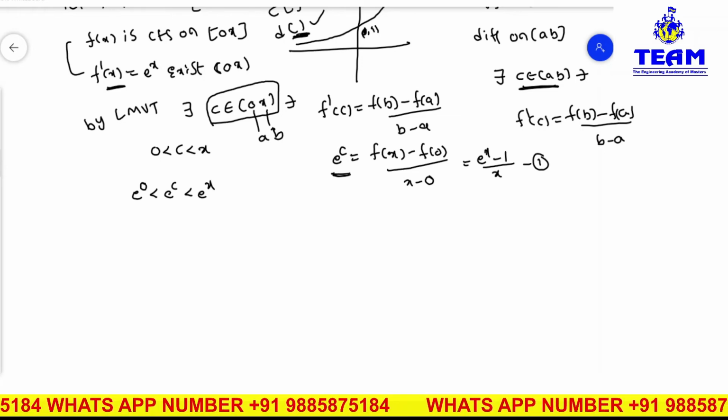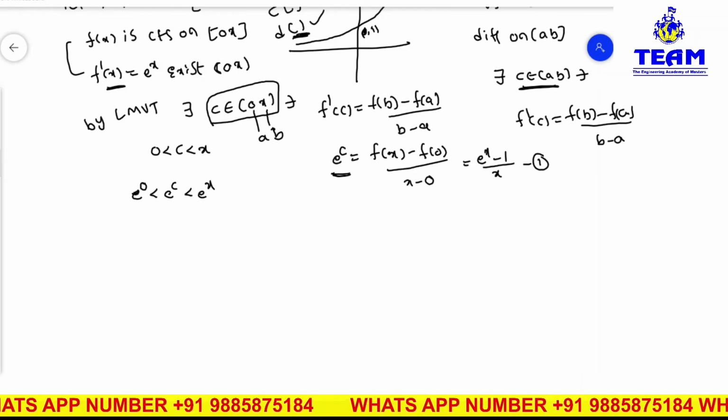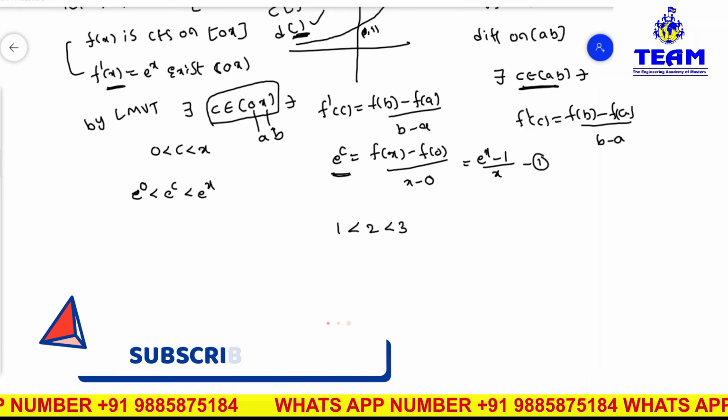Sir, you can raise one doubt. Sir, is the inequality changed or not changed? Okay, you see friends, 1 is less than 2 is less than 3. That is the general condition, correct?